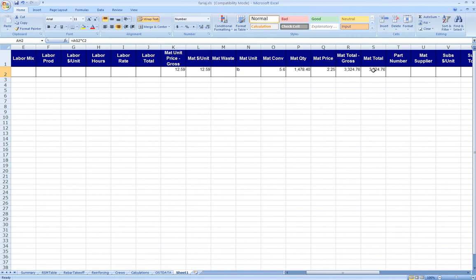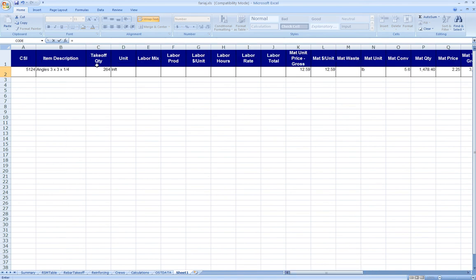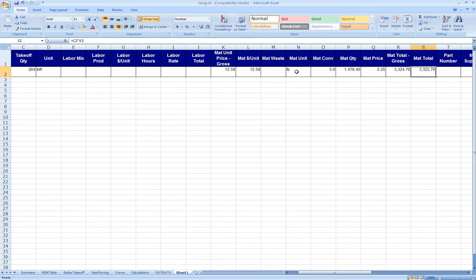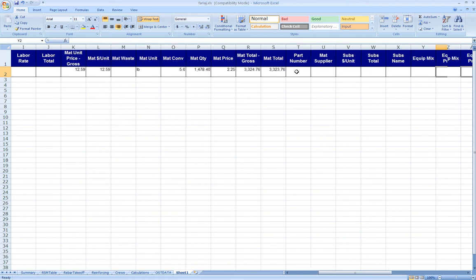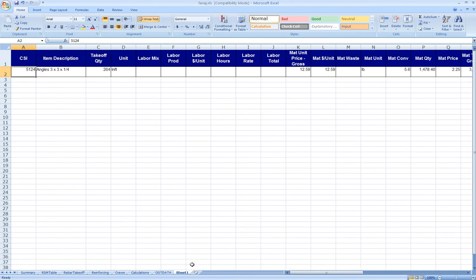If we want to calculate the total for materials here, we can also do that as an equal the quantity that we have taken off multiplied by the price, the unit price. So we have $3,323.76 for materials. I would like to rename this tab to metals,